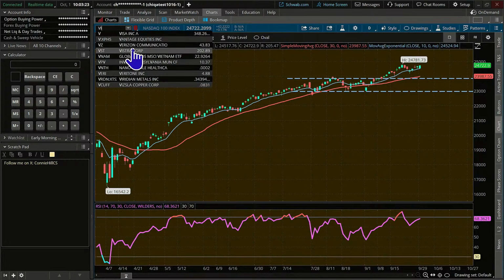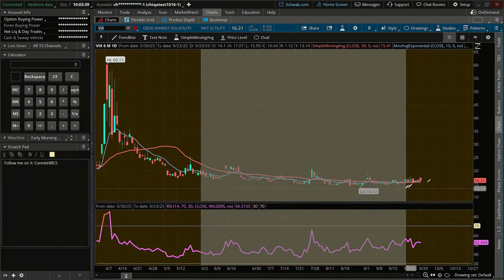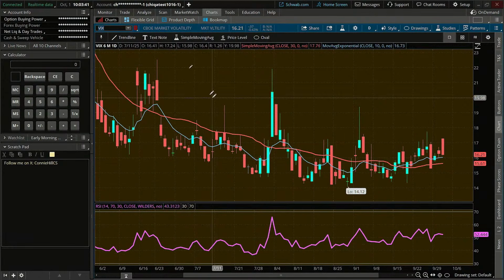We'll want to take a quick look at the VIX. This gives us a gauge of volatility in the market. And when the VIX is high, we see a lot of turbulence. We see maybe a lot of red numbers on the screen. But when volatility is at a lower area, we don't have a tendency to see that so much. And so you can see just more recently here, yeah, the VIX has been dropping.